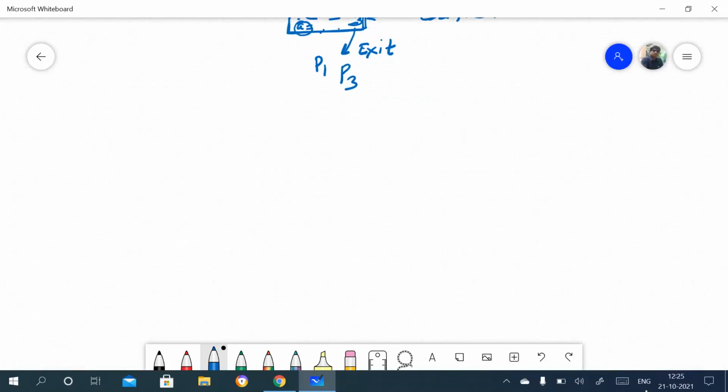Suppose here a critical section is there, right? And some remaining section.